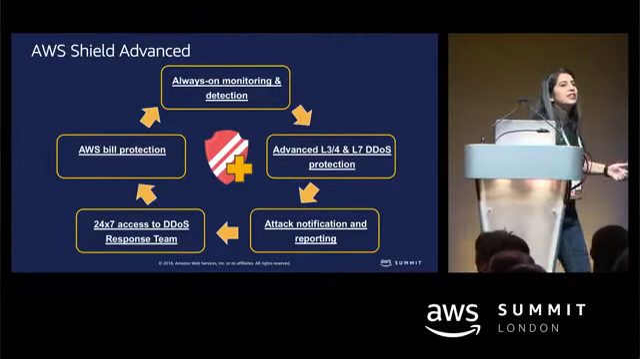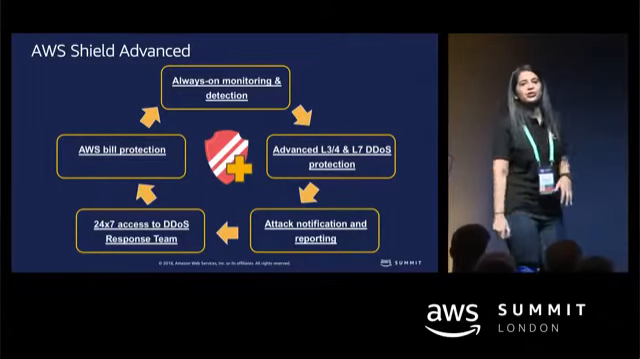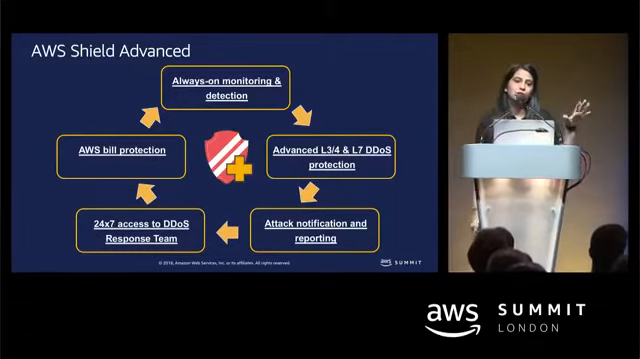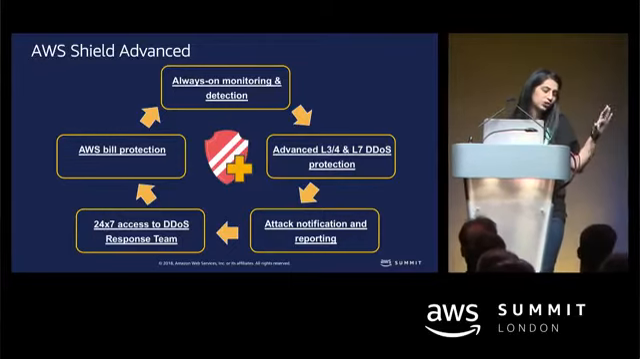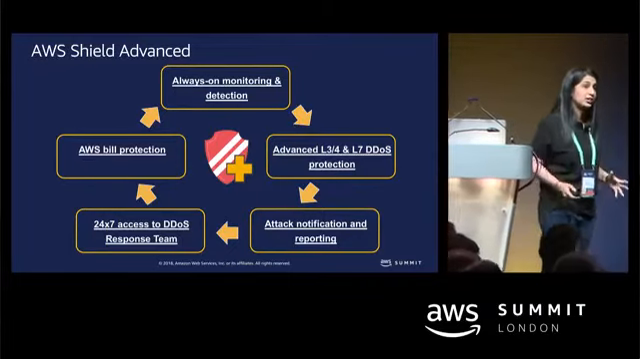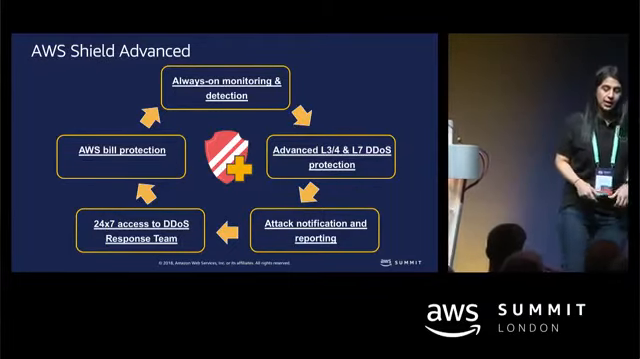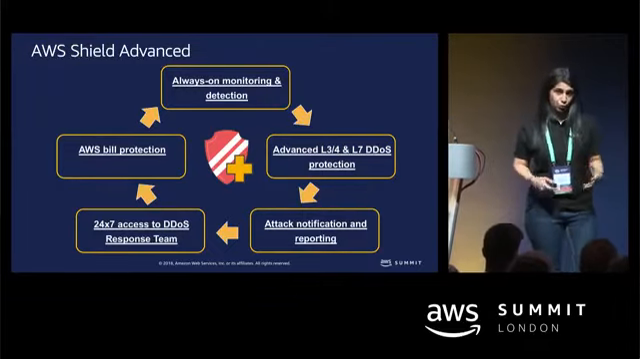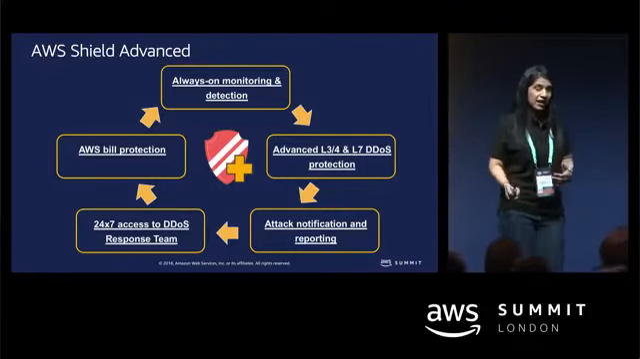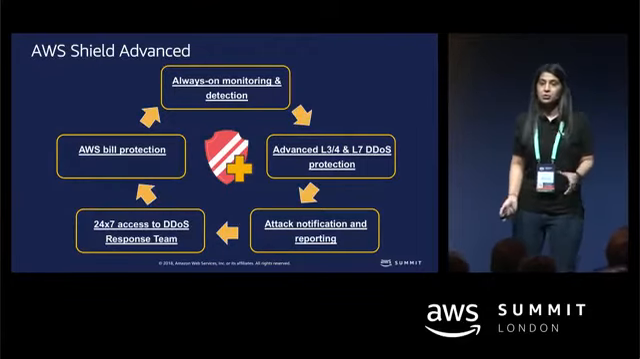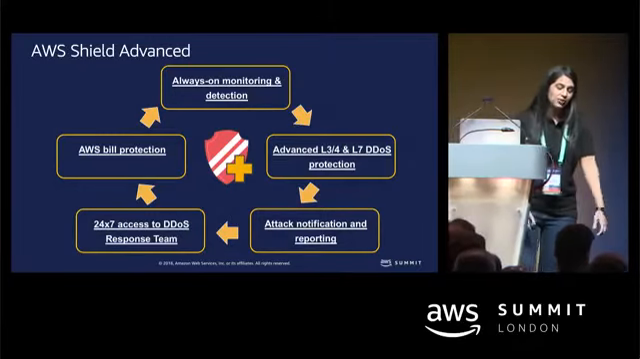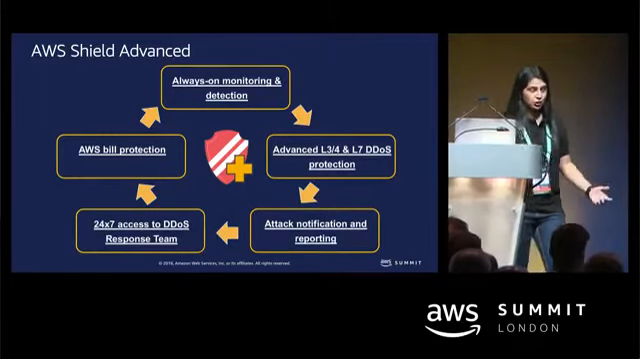And these are some of the things that our customers told us were important to them and are included in the AWS Shield Advanced, which is always monitoring and detection, attack notifications and reporting, 24/7 access to the DRT team, which is our DDoS response team, and AWS bill protection. So if you do come in a situation where you do have an attack, then your AWS bill is actually protected if you have Shield Advanced. And then you have L3, L4, and L7 DDoS protection,